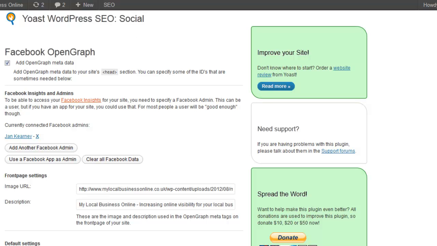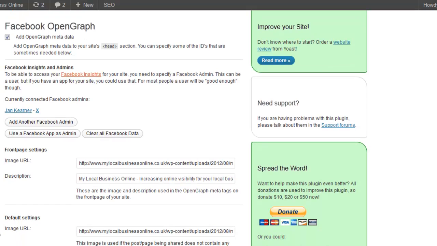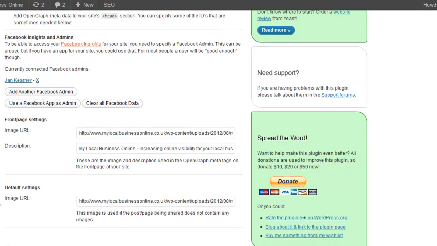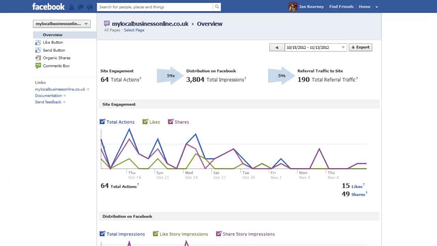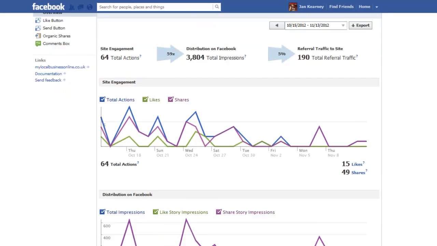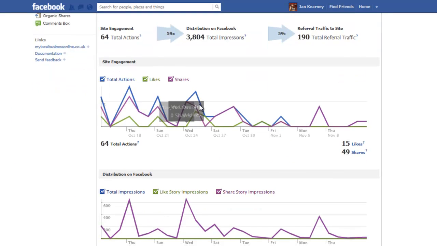But it does a little bit more than that too. I mean, if that wasn't enough, and wonderful enough, you can do all sorts of fun things with Yoast. First of all, you can connect your website to Facebook, and it allows you access to your insights, which are these. Now you can tell immediately, this is when I was blogging and sharing most days, and this is when I'm not. And if that's not a lesson to you to blog regularly and share regularly, I don't know what is. And you can do that.